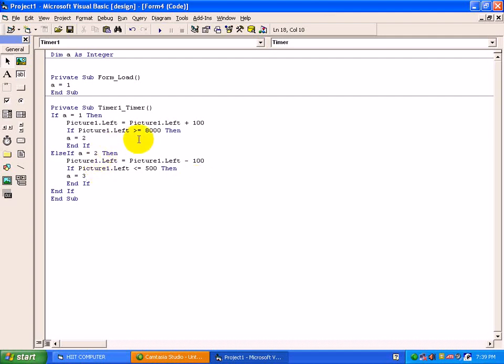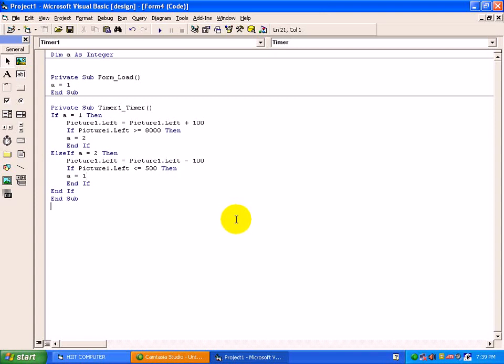Fine. So when the value is 8000, the variable value is changing to 2. If it is 2, we are giving inside the code minus 100. But up to which position? Till 500. If it reaches 500, then the value should be 3. So it will stop at the 500 position. But if you want to move continuously, instead of 3, we can change the value to 1 also.